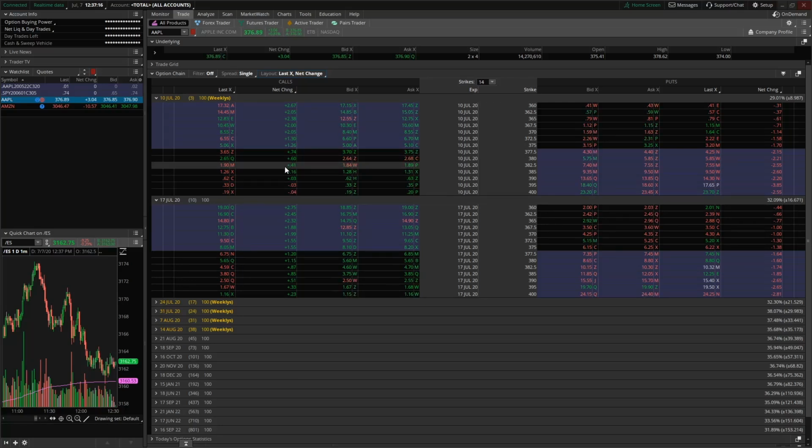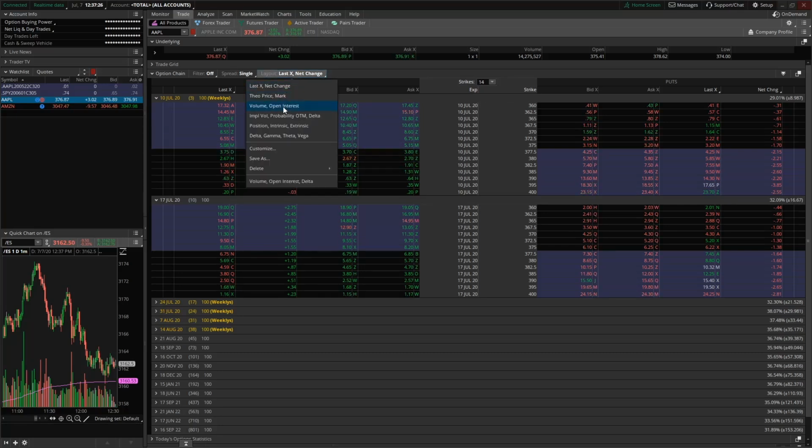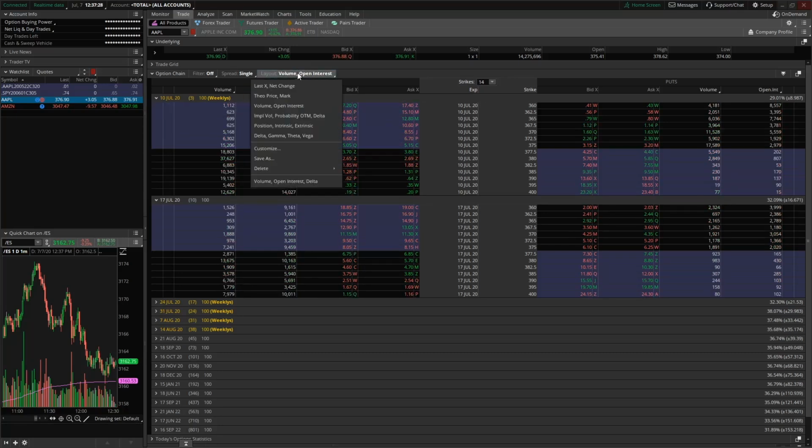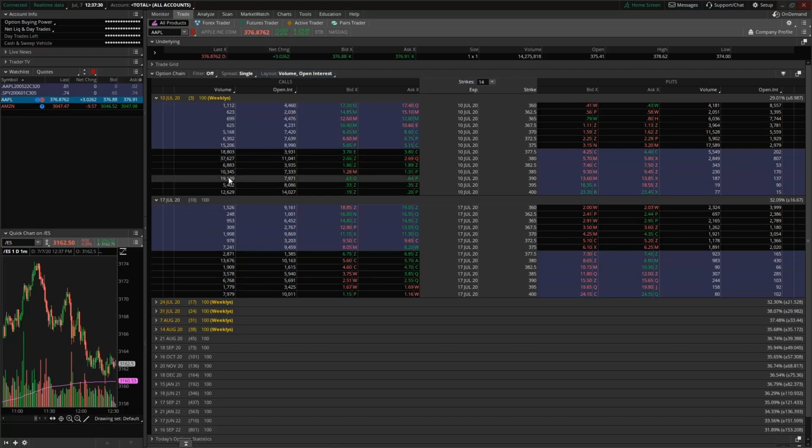It just tells you how much they are up since where they opened or where they closed. And then the last price is pretty much the last price you traded at, which is somewhat important. But in my opinion, volume and open interest layout is what you should have on. This tells you the contracts that are liquid. You want to make sure that you're only trading contracts that have decent liquidity. The spreads are going to be tight, and it's going to be easy for you to get in and out